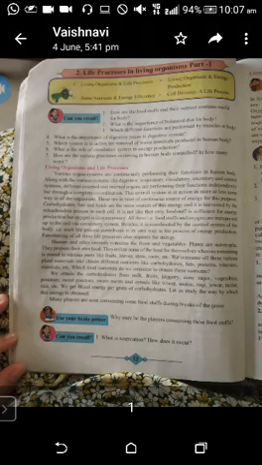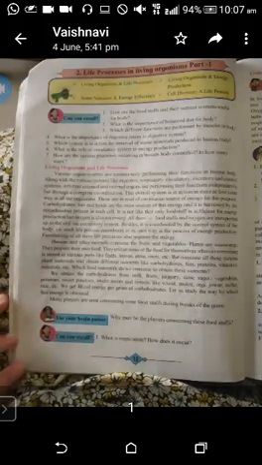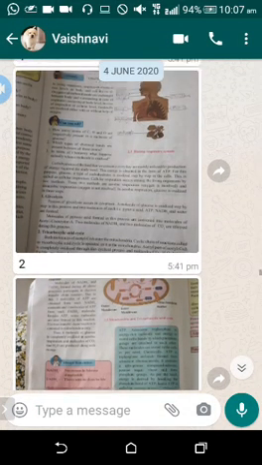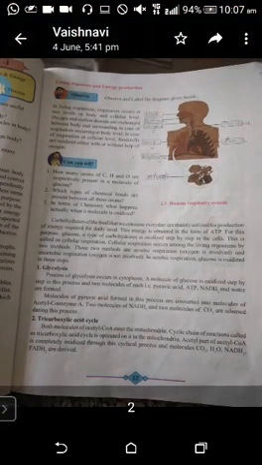Okay. The next part, the diagram is given about the respiratory system. You can see the diagram. Here the diagram of the human respiratory system is shown. The names are not given in the textbook, but I have written the names. See the nasal cavity,